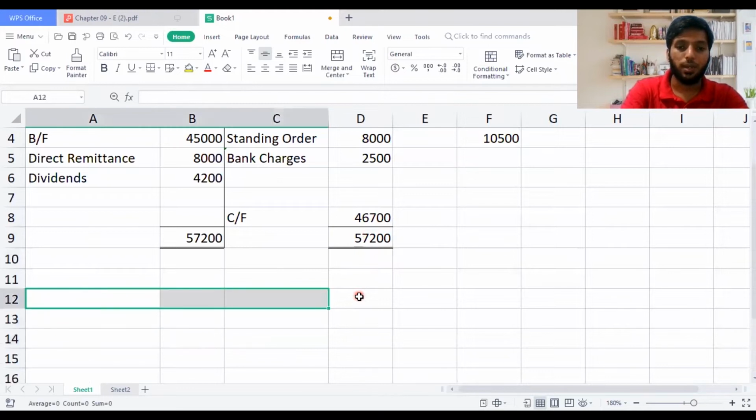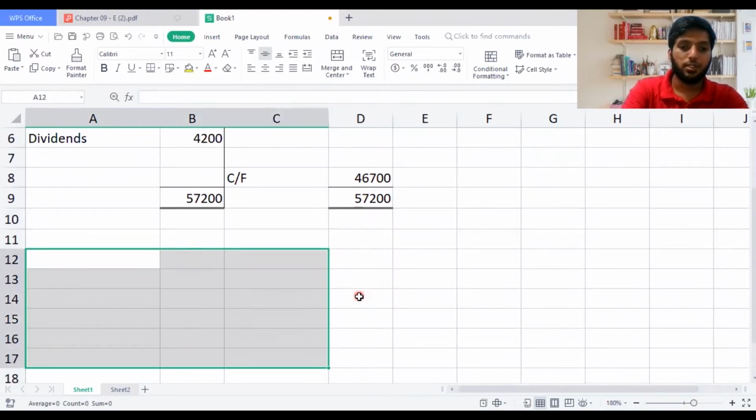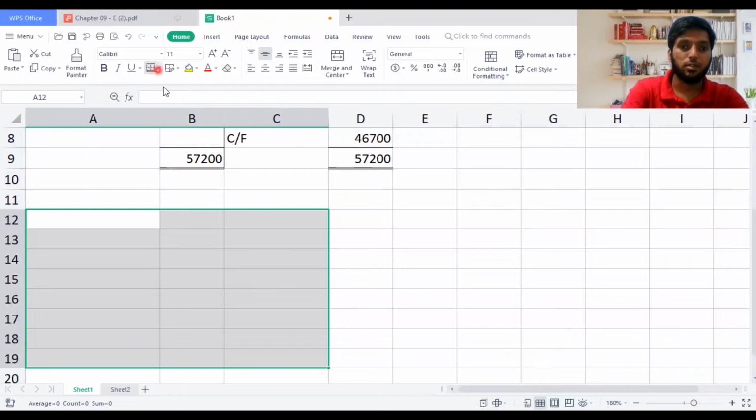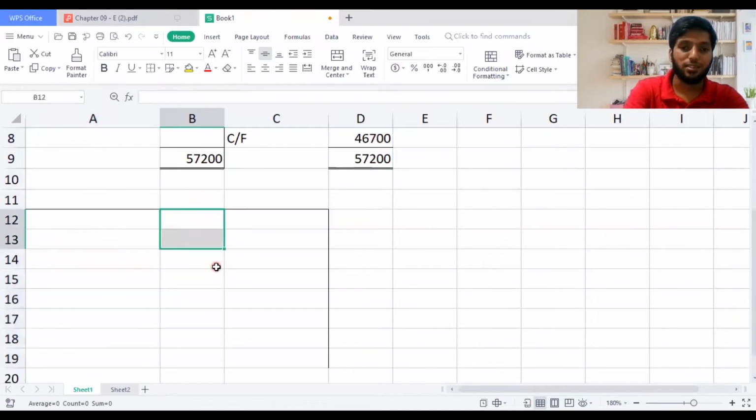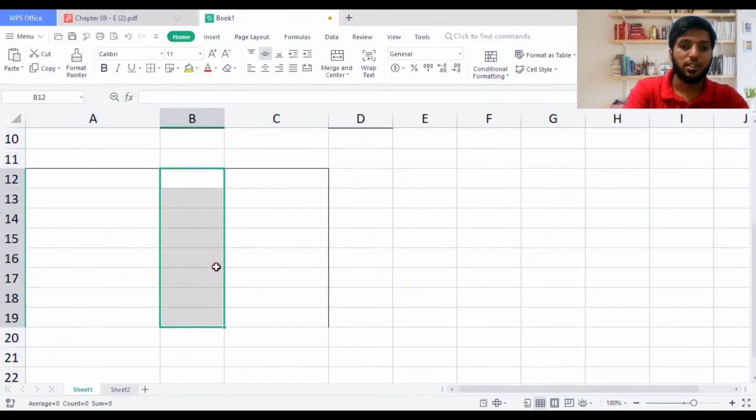So I'm going to draw a bank reconciliation statement. It's better to use 3 columns, which is more than enough to draw this. I'm going to draw a bank reconciliation statement to finalize the unpresented checks and unrealized checks. Remember, unpresented and unrealized checks always come under the bank reconciliation statement, guys. I'm not going to take big rows like 10 or 12. I'll just take 5 to 6 rows, which is more than enough, guys.